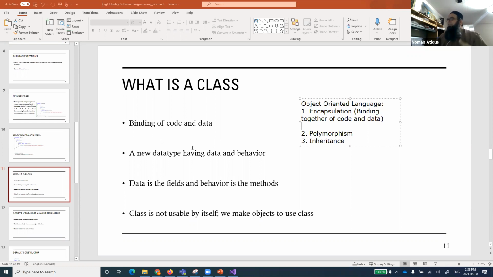Got it? So encapsulation is the concept of object-oriented programming that we are discussing today. How we bind together the data, how we hide some data from the user, how we hide the complexities of the class from the user and provide them easy interfaces. Another important concept: when we say code, code are the methods of classes, and the data are the fields of the classes. I'll talk about that and we will see the example.